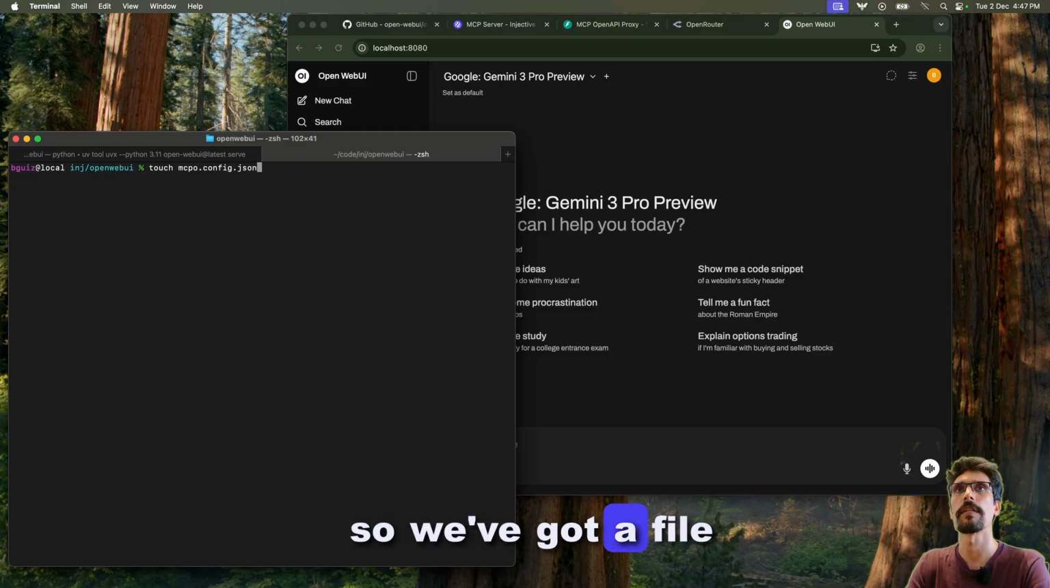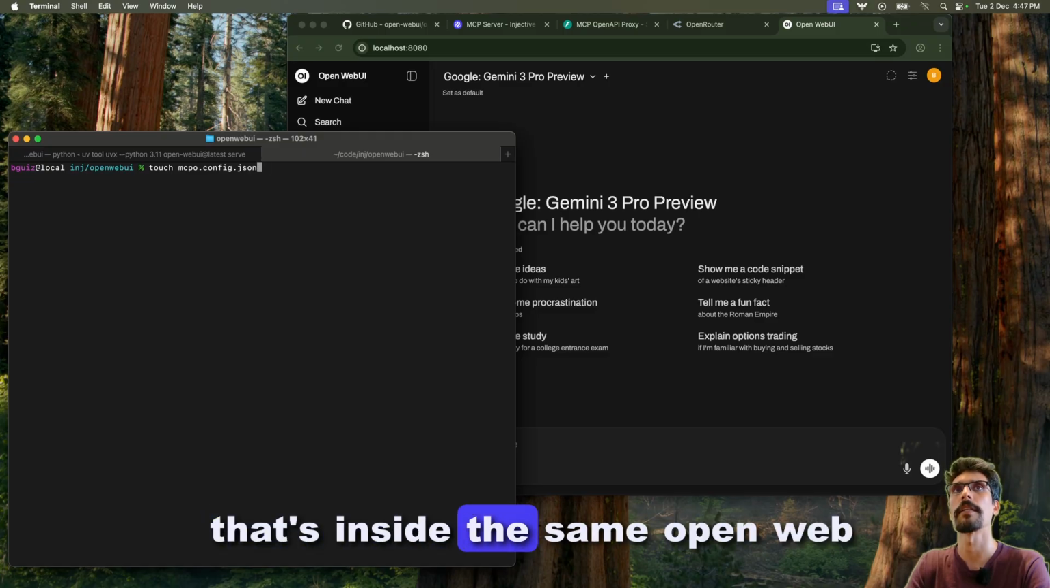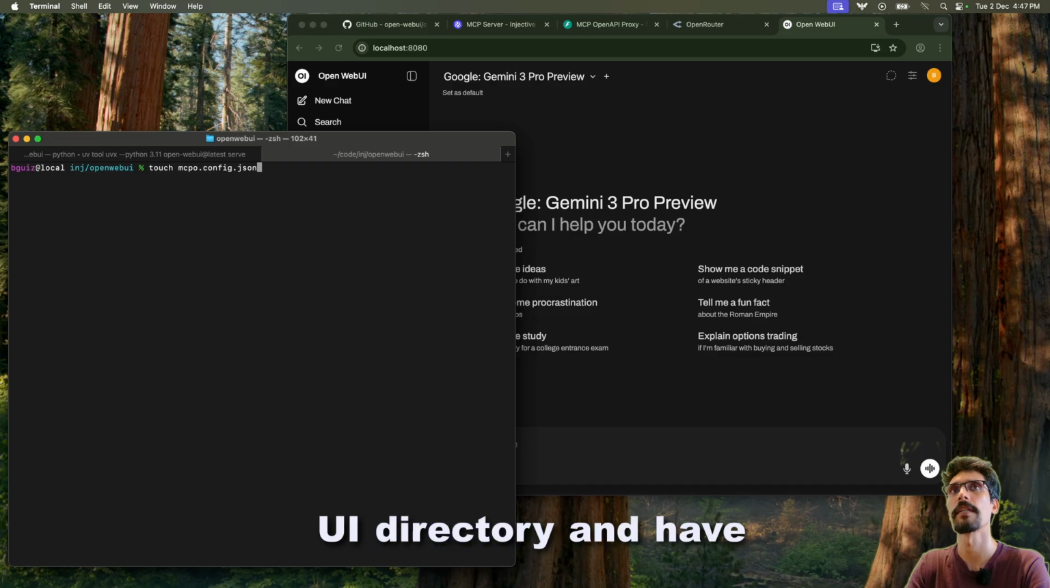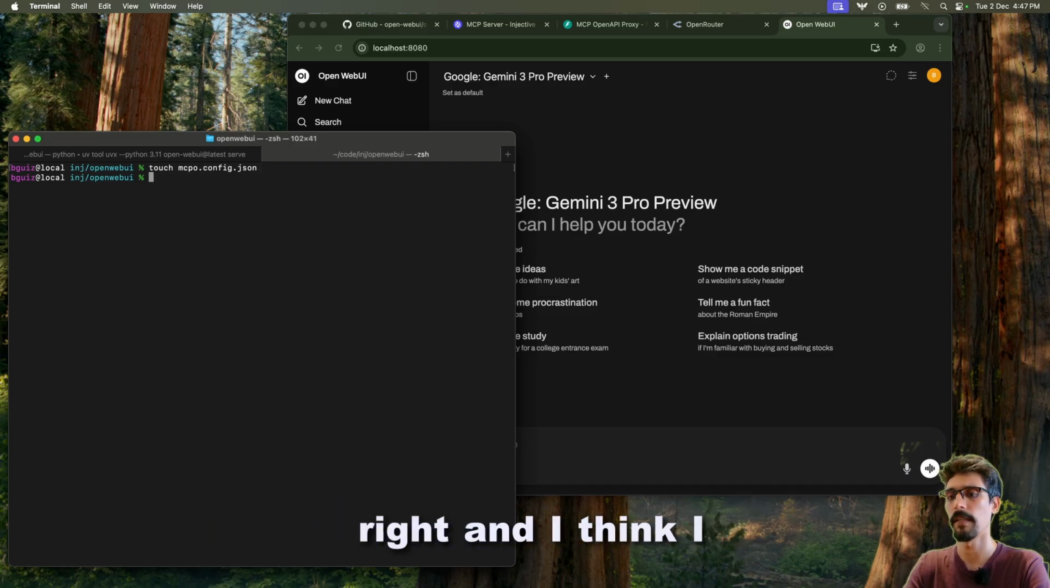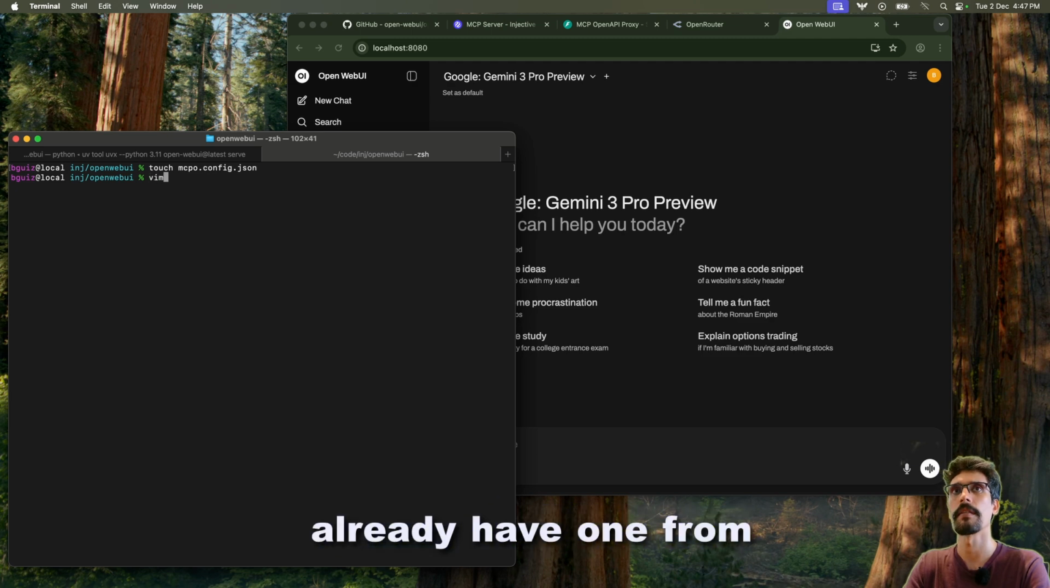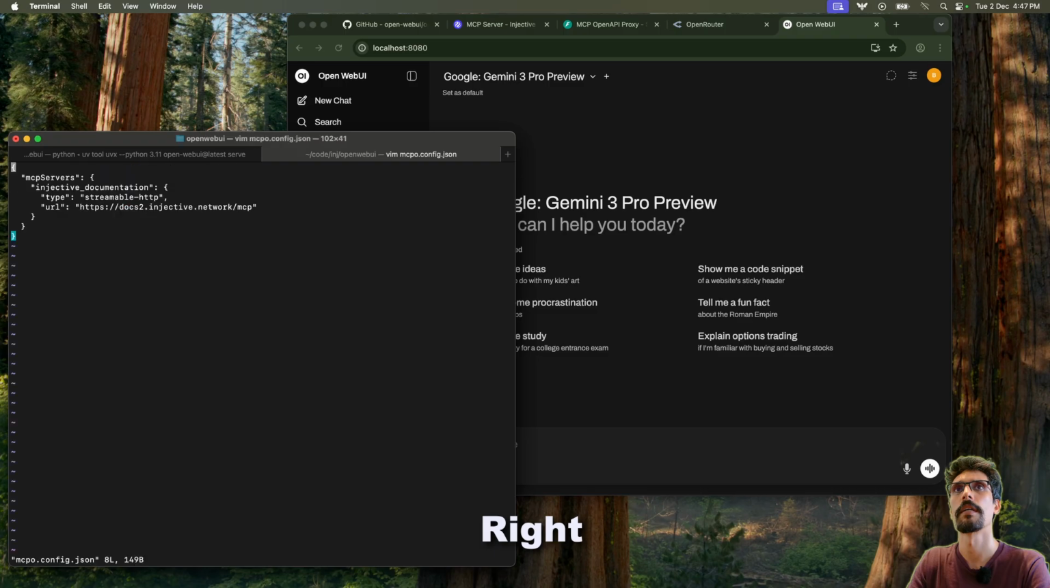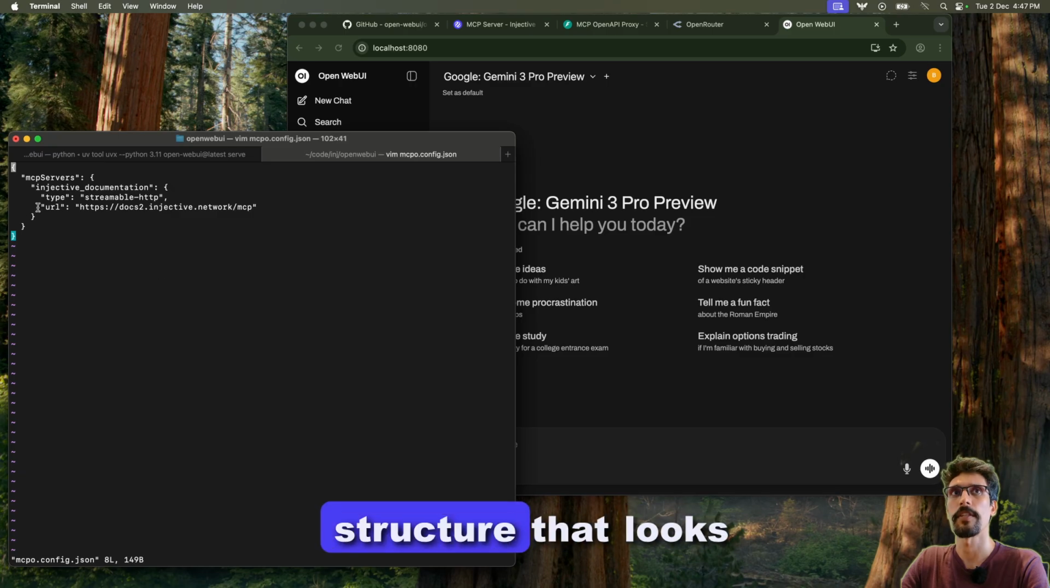Right, so we've got a file that's inside the same OpenWeb UI directory. Doesn't have to be, but keeps it organized. So we create that file, right? And I think I already have one from preparation. Right, there we go. So you need to edit this file to create a JSON structure that looks exactly